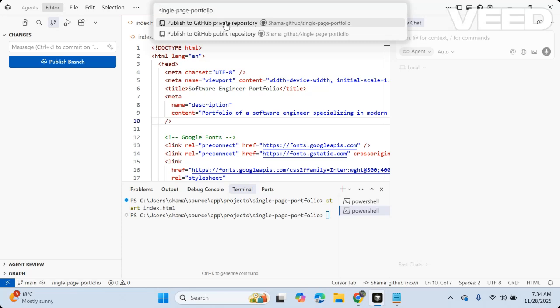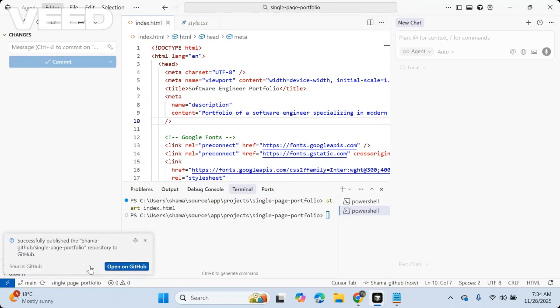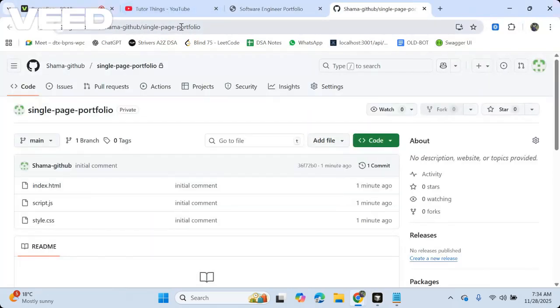First I will give a private repository only. So if I see publishing to GitHub and uploading the files, it is successfully pushed to my GitHub, because I have done my configuration in my GitHub. So if you see, this is my GitHub portal. You can see here my code has been